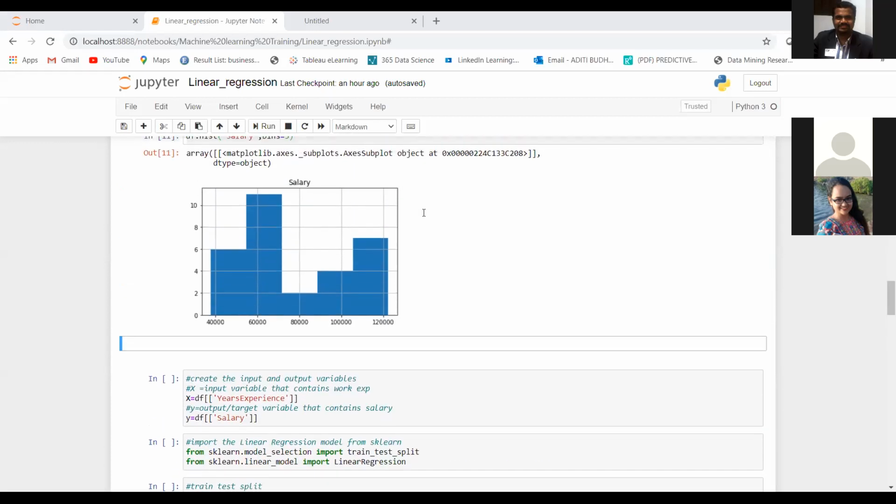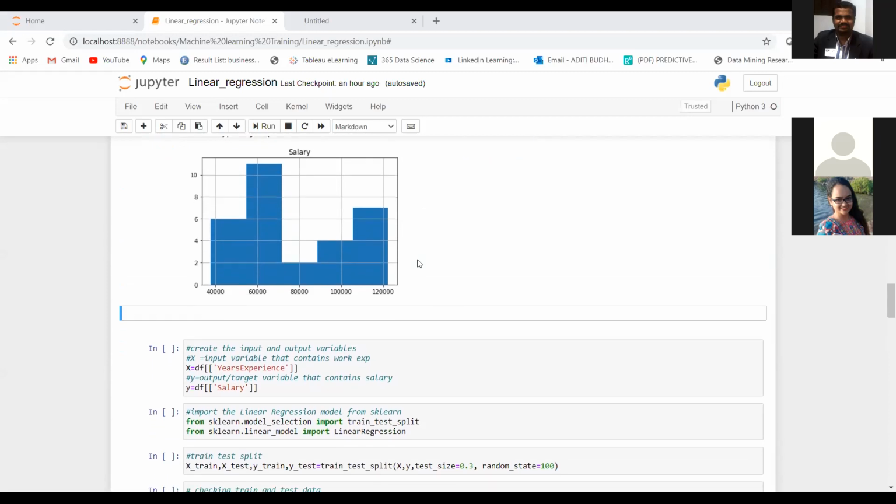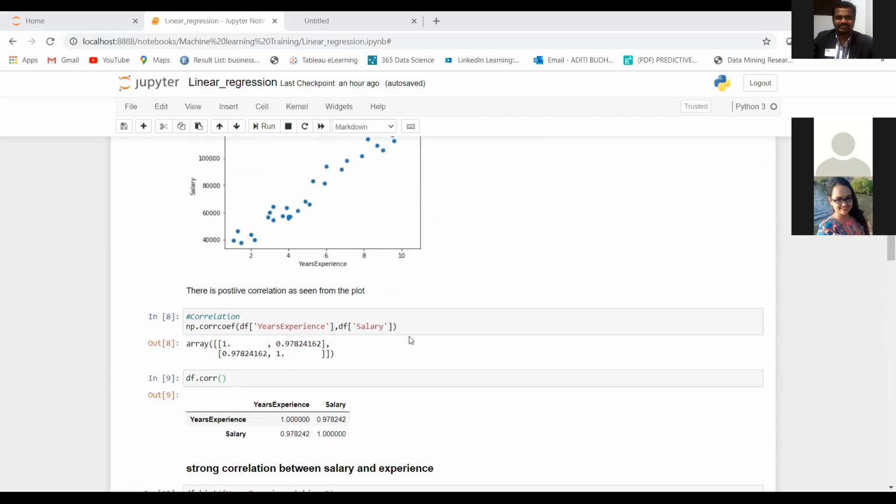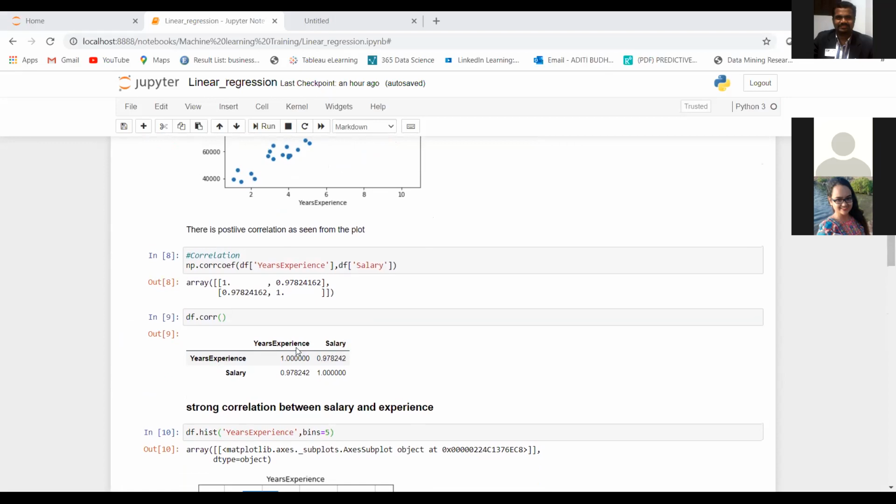After you have done your exploratory data analysis, selected your input variables and identified your output variable, now is the time to separate your input and output variables. We have this data frame, which has years of experience and salary.